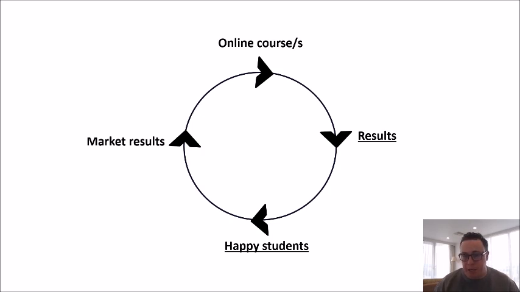Now, I won't get into the particulars too much of how we market this, but as you guys are probably well aware, like I said, we don't do funnels or ads or anything like this, but I'm constantly driving people from Facebook and YouTube and LinkedIn into my online course because it produces results and gives happy students. And the way I market results is talking about my students, not about me. It's not about showing my house and my car and my income. Sure, I might talk about it every now and then, and I might show it every now and then just for a bit of motivation, but it takes the attention of what's most important, which is my students.